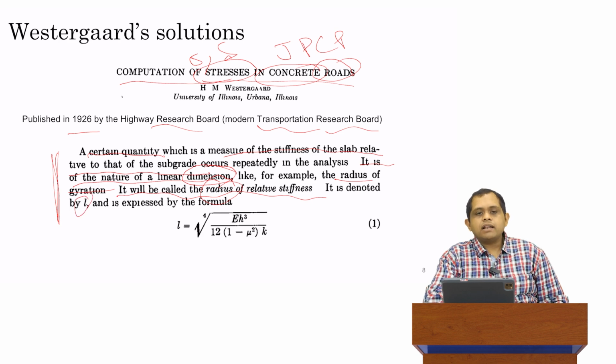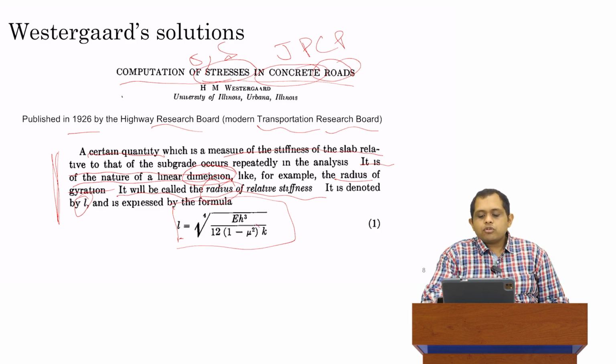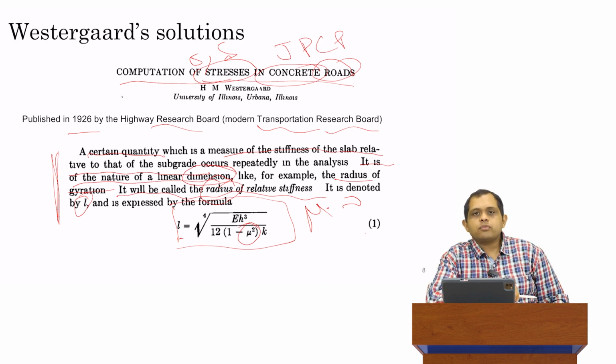He gave the symbol L, which is still the symbol we use to this date, and it is expressed by this formula. You will note this is identical to what we saw last time. The only difference is for Poisson ratio, he uses mu. That is what they do in the US and North America. In Europe and in India, we tend to use nu, this other Greek letter, as a symbol. So with that one exception in notation, this particular formula, which Professor Westergaard put as the very first equation in